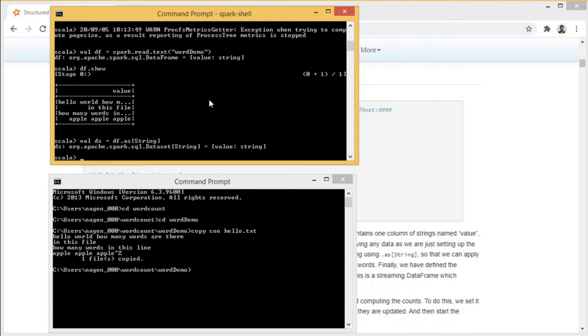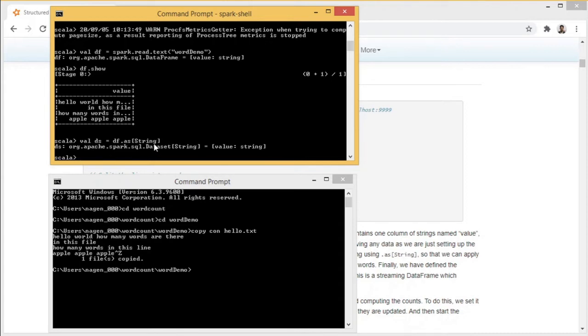Underneath they use the same API, but it will be much easier that you can apply the string functions directly here. And you might also say that it's already something like strong type, because if we do printSchema, we know the schema, and it has the types defined here. That is true, but we cannot use the string functions directly in a data frame. We have to use something like row.get, but here we can directly use string functions.